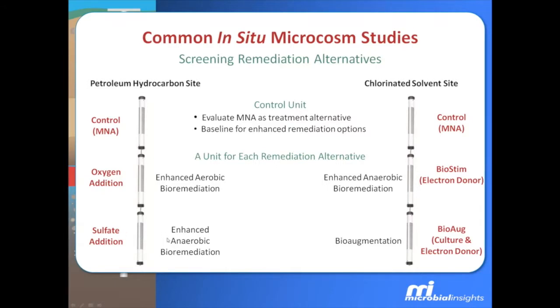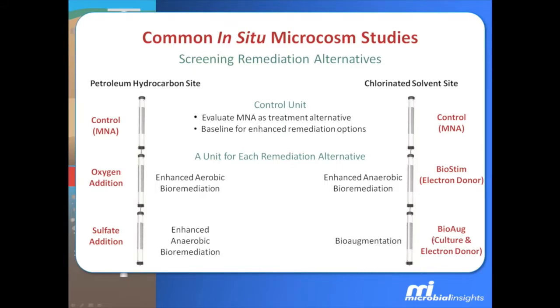Over here on the chlorinated hydrocarbon side, again, what I've indicated here is another control without any kind of remediation amendment. The second one indicated here might be an enhanced anaerobic remediation amendment, say like an EOS, emulsified vegetable oil product, for example, that I would call biostimulation. And we could compare that to another product, or what I've indicated here is a bioaugmentation unit. We know that there are several commercial cultures that are available for Dehalococcoides, and we've been asked at times to